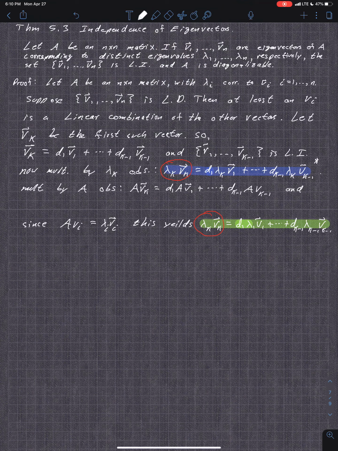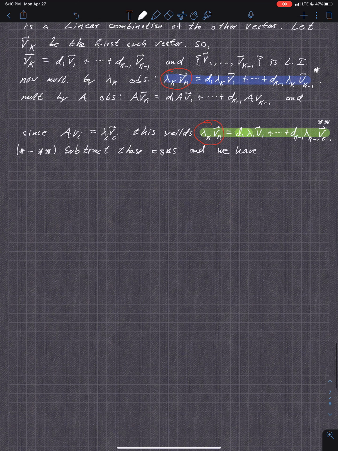I just marked them with little stars, so we do star minus double star, and we have 0 equal to, with a little manipulation that's just easier to write,